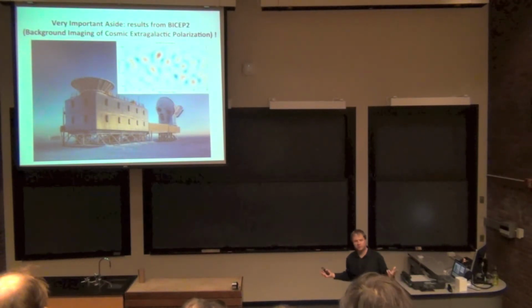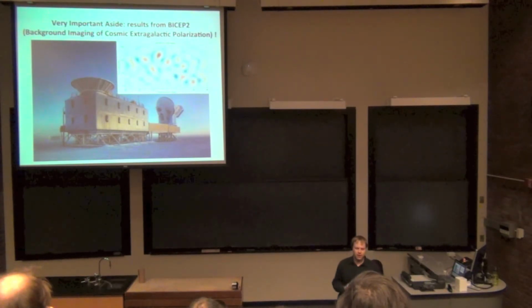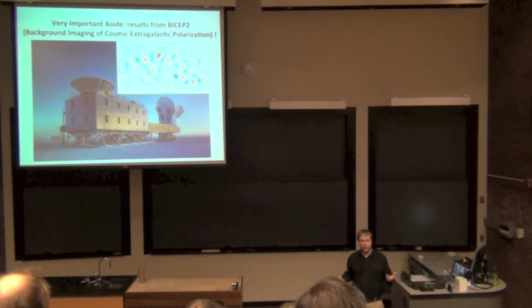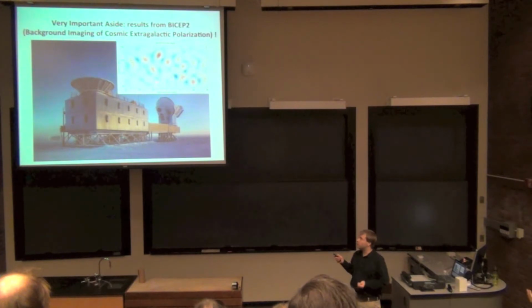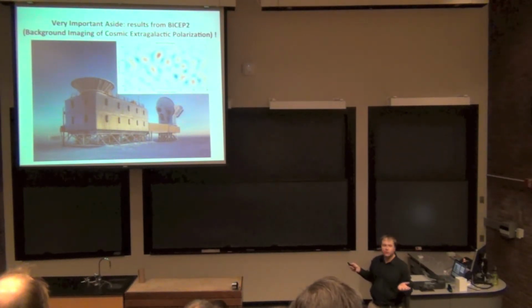And this is where the theory of inflation came in: very, very early in the universe, we're talking like 10 to the negative 30 seconds, there was a very rapid expansion of the universe before the ordinary Big Bang as we know it kicked in. But in that period, it turns out, for various reasons, there were a lot of gravitational waves. So one of the predictions from the theory of inflation was that in the polarization of the microwave background, you would see these blotches. And that would be evidence, on the one hand, of gravitational waves having occurred and the fact of inflation having occurred. And this was what was probably seen by the BICEP2 experiment,